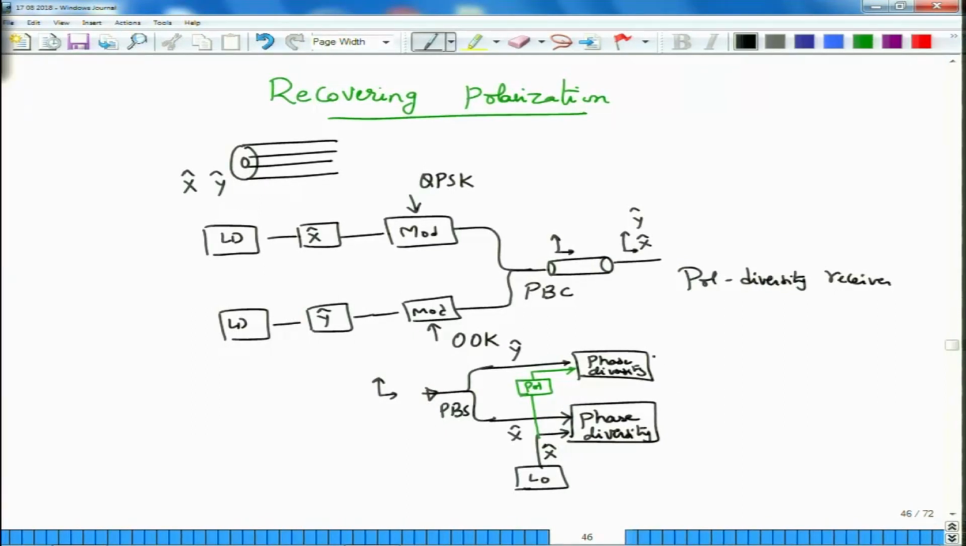If not, then you will have to deal with the fact that one of them is say QPSK modulated and the other one is say on-off keying modulated. But if you keep both to be the same modulation, then this output that you are going to get will be IX plus JQX, where IX stands for the in phase component of the X polarization. Sorry, this is Y here. So, I have IY plus